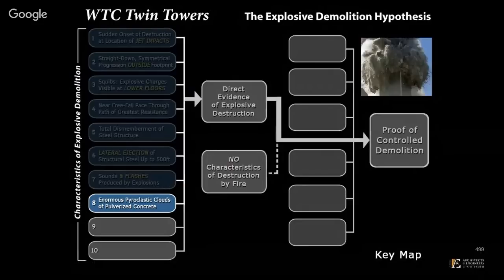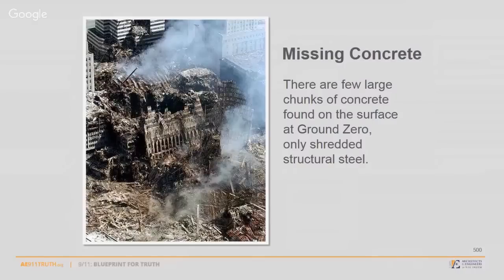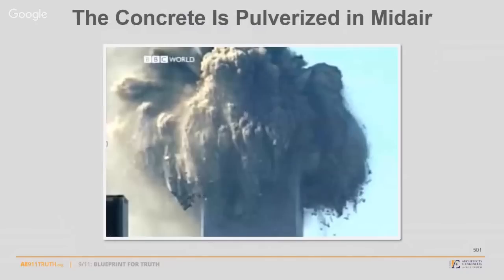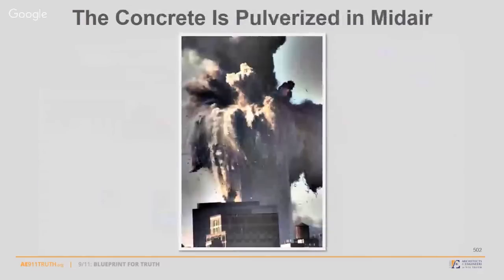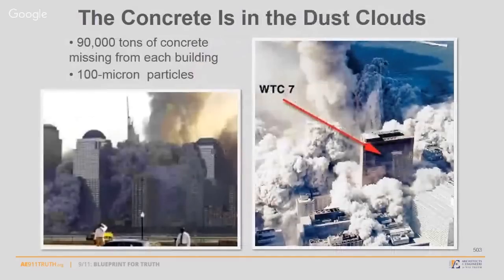Let's look at the evidence of pulverized concrete, because it's not at the bottom. The floors aren't seen there. Well, it's pulverized in midair. This is where we see the concrete, not after it's developed its gravitational potential energy and crashed at the bottom, but no, in midair. 90,000 tons of concrete pulverized to a fine powder, spread quickly throughout lower Manhattan